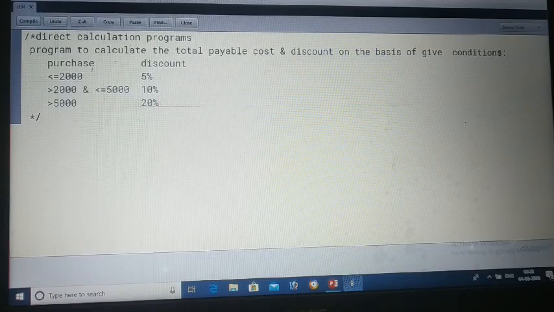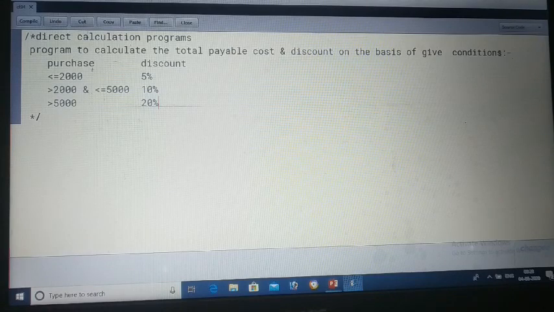There is a purchasing criteria given in front, various discount options given in front. On the basis of this, you have to perform the calculation, meaning you have to find out the total payable cost, how much you have to pay to the shopkeeper, and how much discount you found.